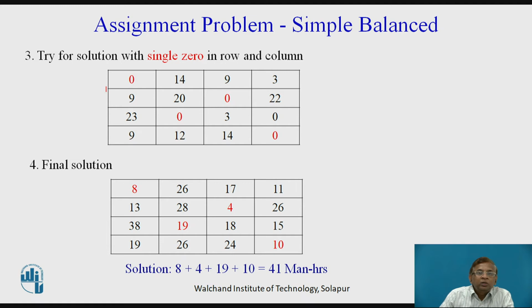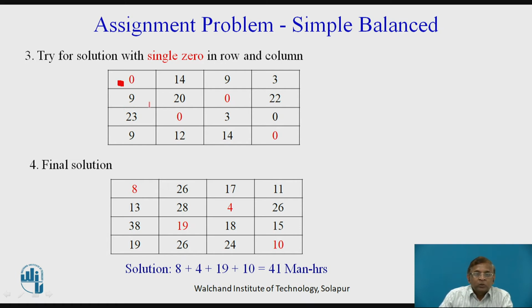considered. So if you look at first row, you get a single 0 here. So this single 0, I would mark it as 0 allocated cell in first row. Now additional rule is, if we allocate some 0 being a single one in a particular row, if at all we have any additional 0 in that column of allocated 0, we have to cross it out. Here we don't have it.